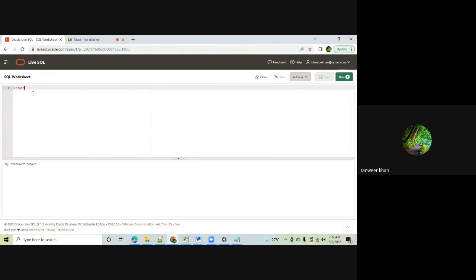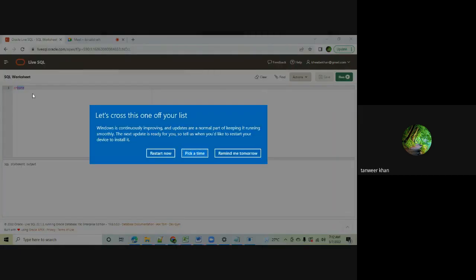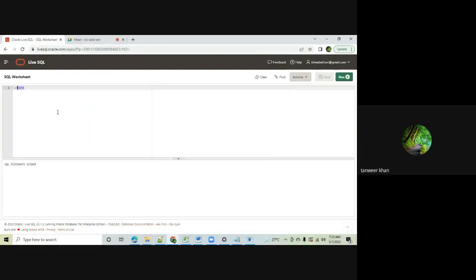So whenever you want to create a table, first of all, you have to write the word create. Okay, you have to write create. So this create is known as a reserved keyword. You have two kinds of keyword in SQL. One is reserved keyword,